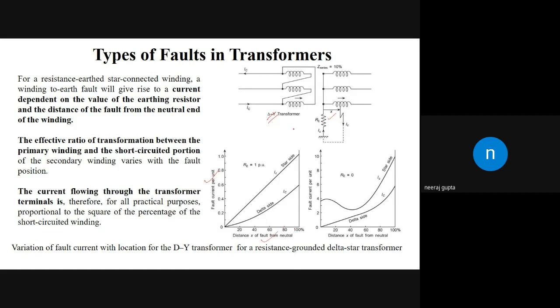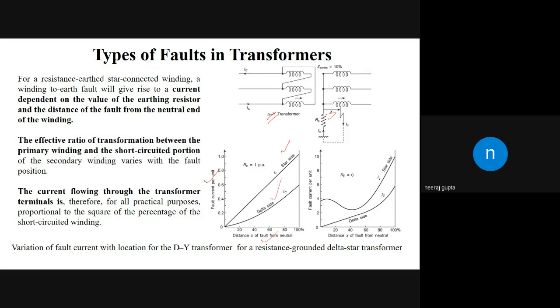Let it be x, the distance from the neutral, and let us suppose that a short circuit occurs across the winding. In that case, a winding to earth fault occurs. Now, when we plot the graph between the fault current and the distance x from the neutral, we see that as the distance x from the neutral goes on increasing, the fault current also goes on increasing on the star side, and on the delta side